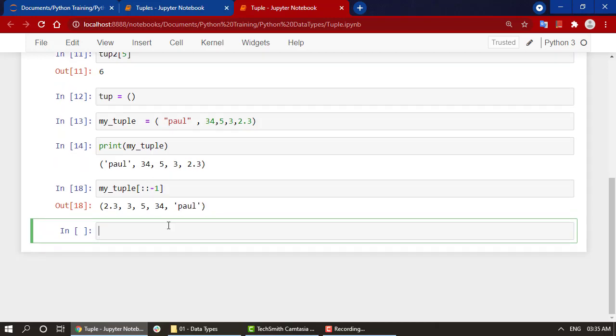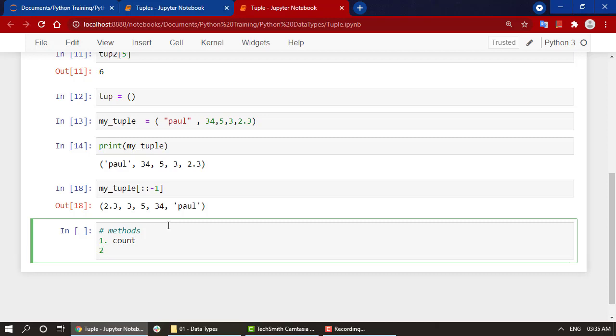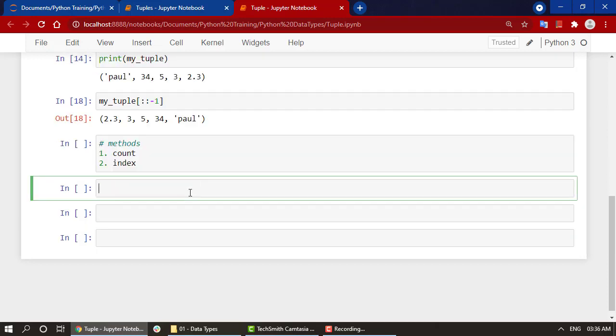Now, moving back to tuple methods, as we have seen, we have only two methods, count and index. Let's try to execute them. Let's try count first. I want to check how many times a particular object is present in my tuple.